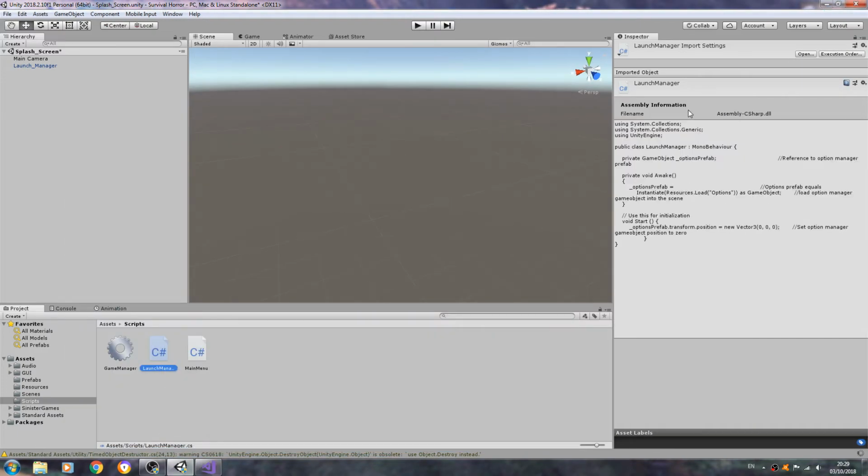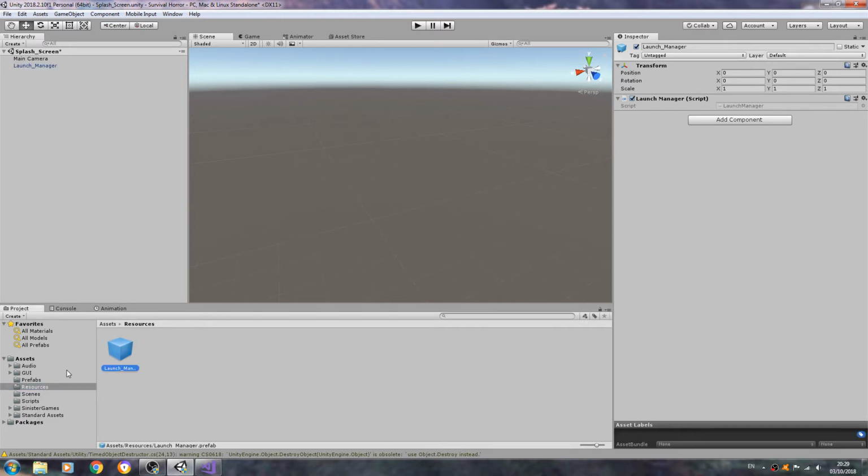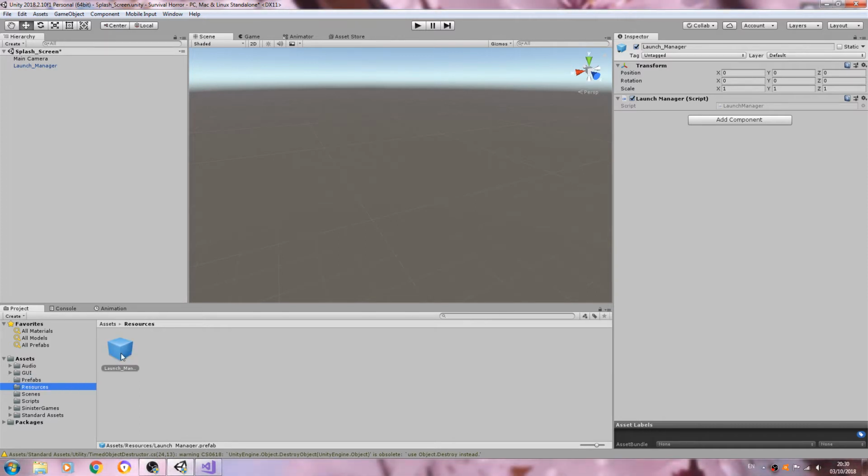So let's just downsize that for now. We're going to come to the launch manager game object, and we'll drag and drop that script onto it, and we'll hit apply. So to be honest, this could go in prefabs. In fact, I'm going to move it to prefabs. It doesn't need to be in resources actually, but one that does need to be in resources is the options